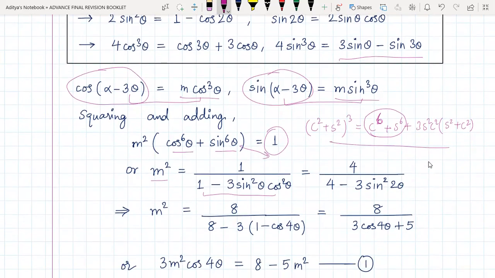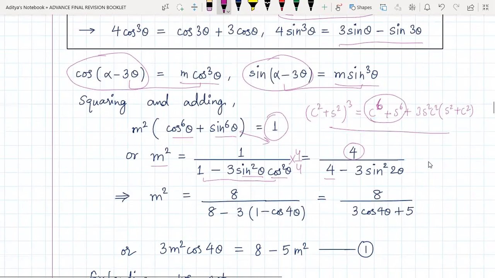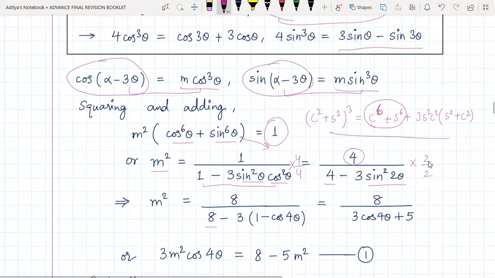Now what we have done is we have multiplied and divided by 4. So 4 into 1 comes out 4, then 4 into 1 again is 4. Now what is 4 into sine square theta into cos square theta? From here we are easily able to observe that it would become sine square 2 theta. So that's what we have written here. It becomes sine square 2 theta. Now we are multiplying it by 2 and dividing it by 2. So 4 into 2 is 8, then 4 into 2 is again 8, and 2 sine square 2 theta